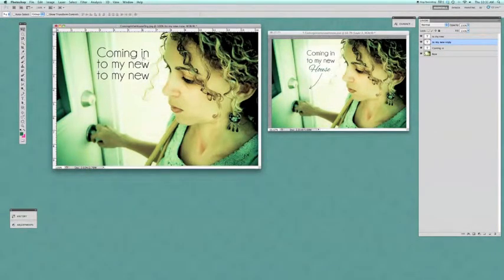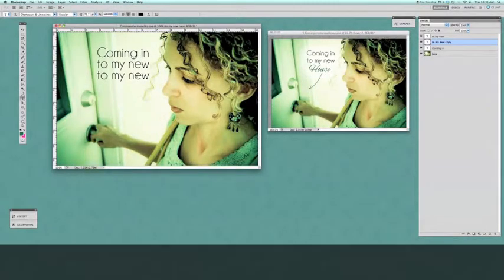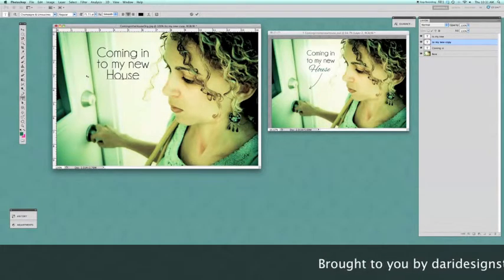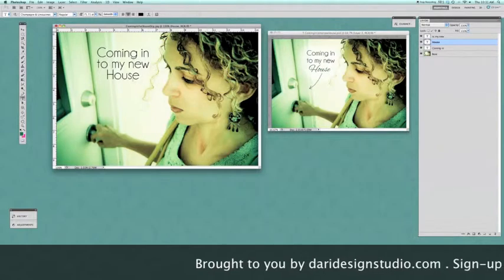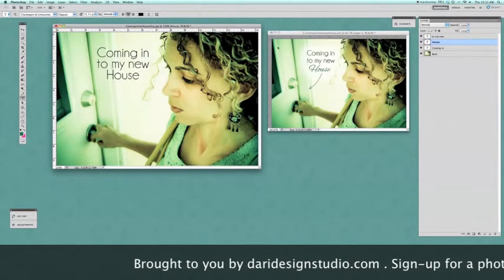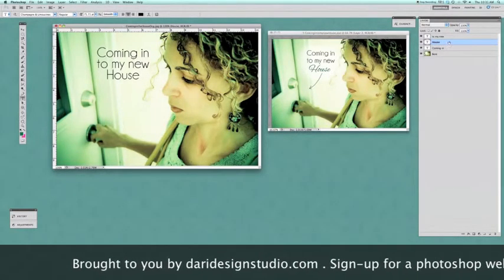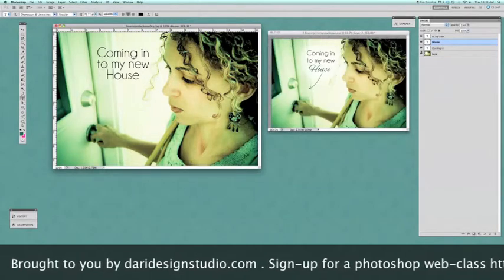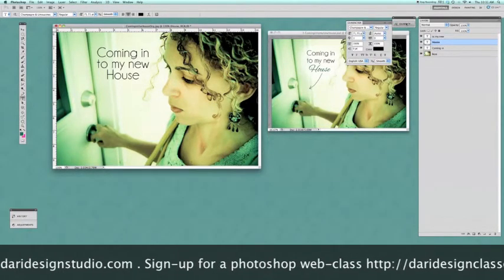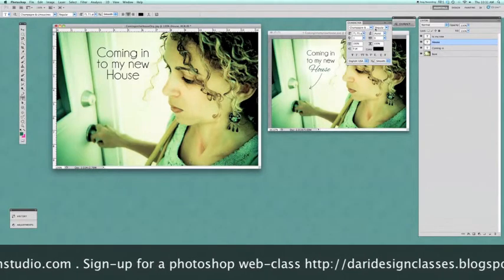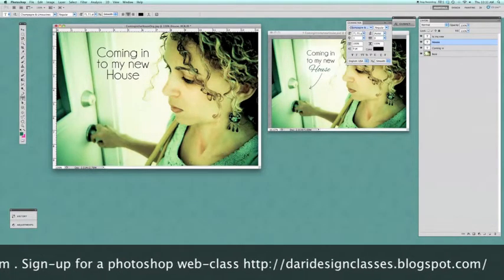And using the T, in order to use the text, I'm going to type in "their house." Press Command Enter to OK that. And that font I am going to change. So making sure I'm standing on the house layer. Oops, sorry. I'm going to go to the character palette and I'm going to change that font for